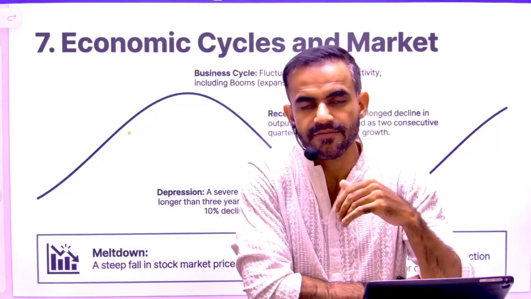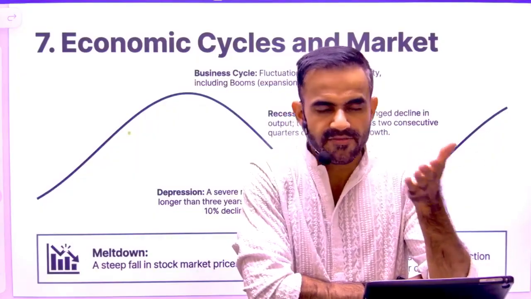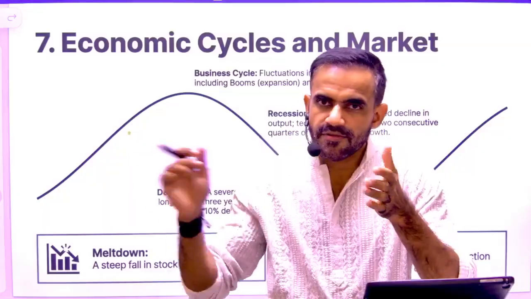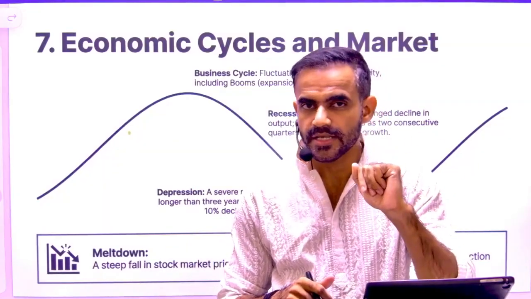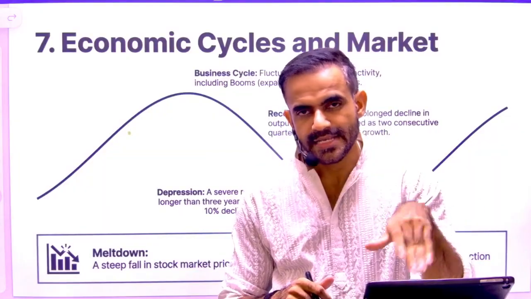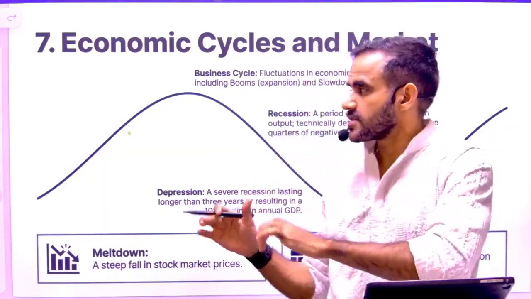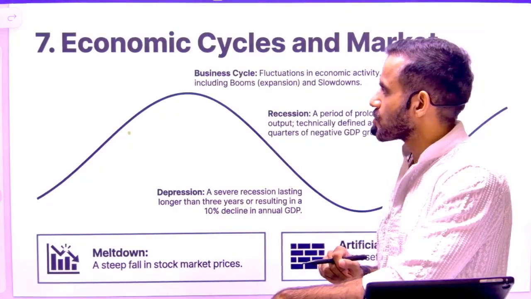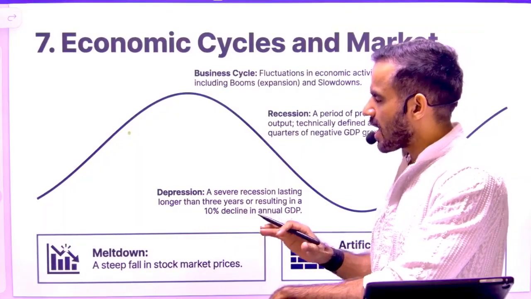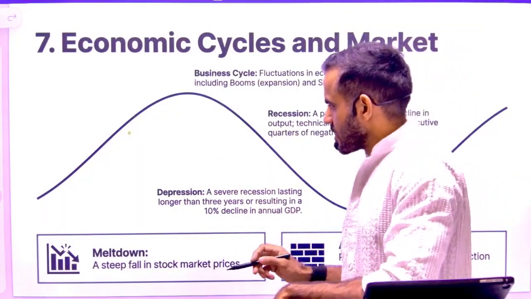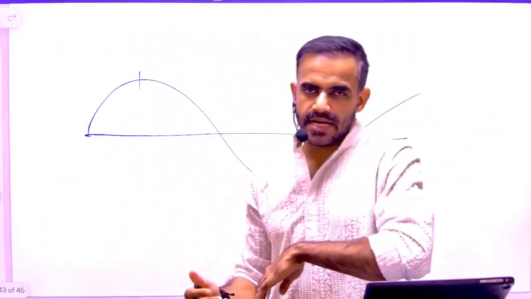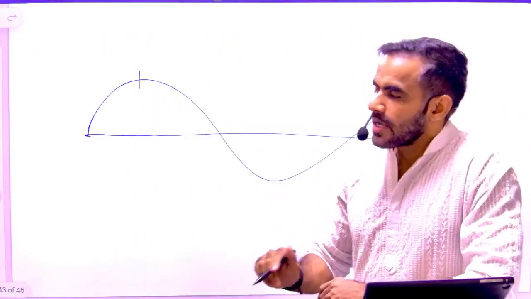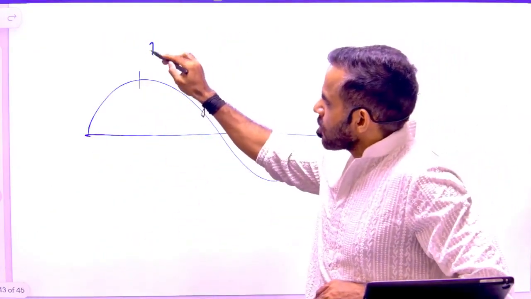If demand is less, factories will produce less. If they produce less, they will remove the extra workers. If they reduce extra workers, unemployment will increase, and this will lead to less and less demand. So these scenarios are basically reflected through this business cycle. Now let's try to understand it using this example. When demand is high, everything is going good, this is the time of economic boom.